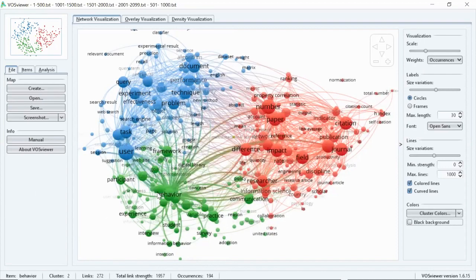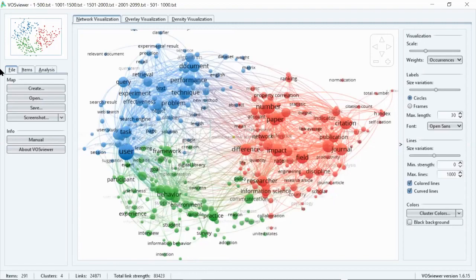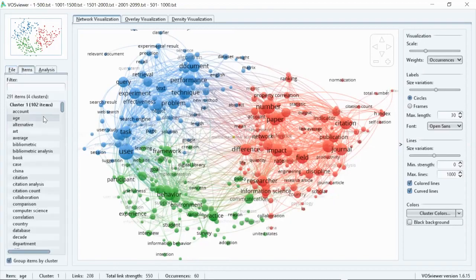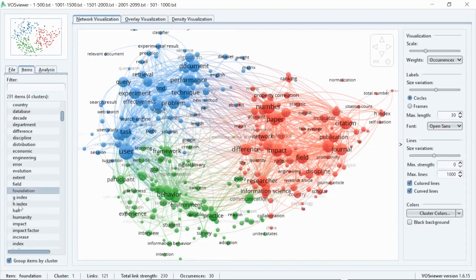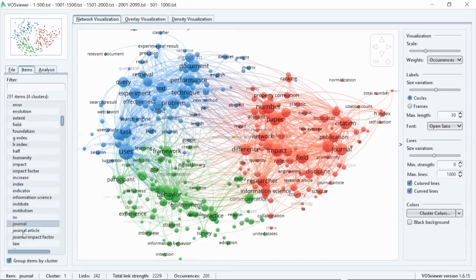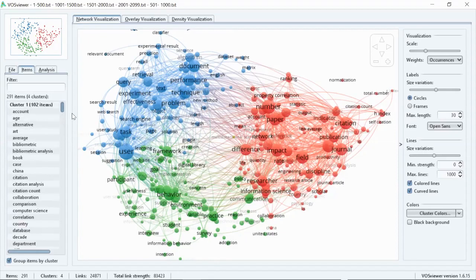So if you want to get a better understanding of the clusters, again I refer you to click the items menu to see the clusters. So cluster 1 consists of 1 or 2 items, and you can see the words. So G index, H index, distribution difference, increase ISA. Definitely they are bibliometric terms, the terms of bibliometric topics only. So that's how we have to group them. We have to name them. So we have to name the clusters for a better understanding.